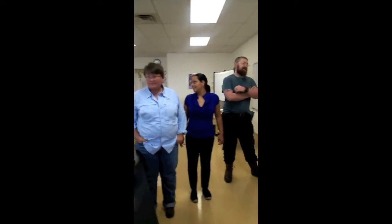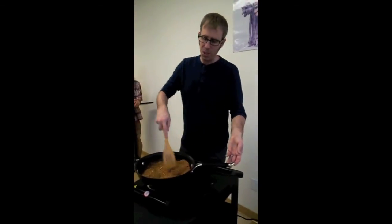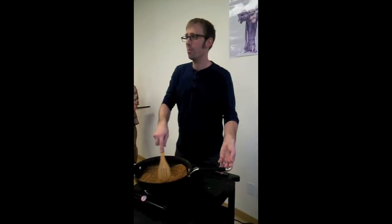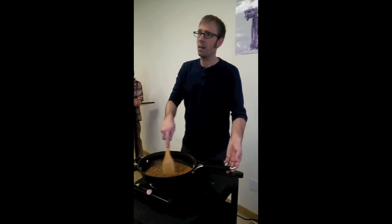So if you're doing it traditionally, you just grind it with your alcohol. Yeah, and in fact, you wouldn't even have to grind it. Like we've made stuff at our school, we just get a great big bucket and dump all the herbs in there and then pour a couple of gallons of alcohol in it and then you just put it in the closet